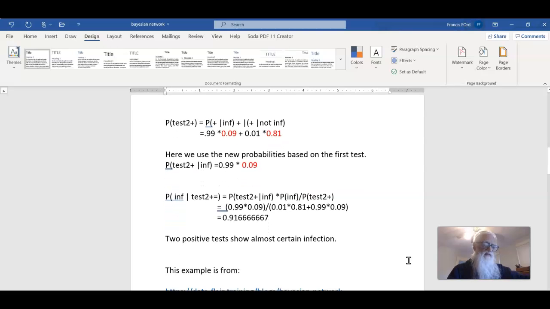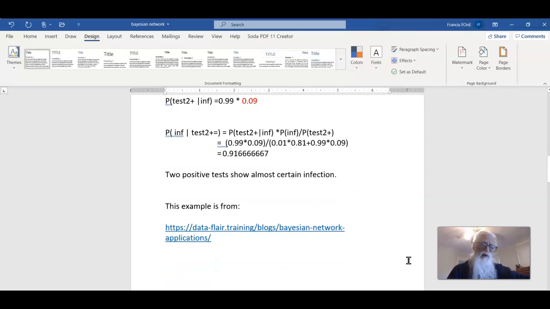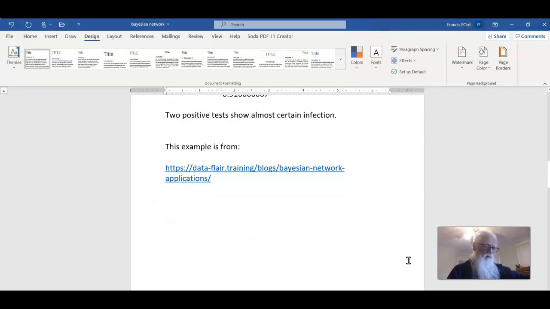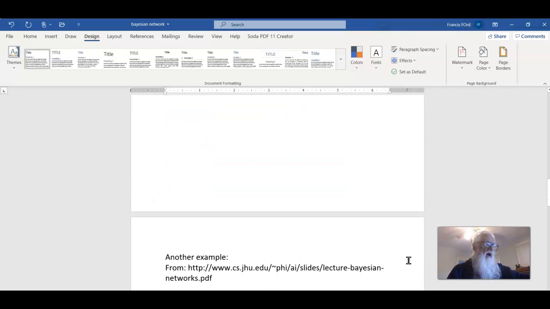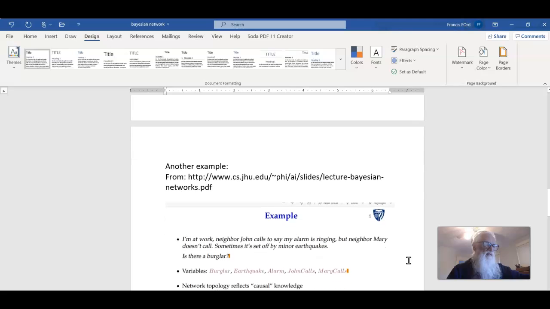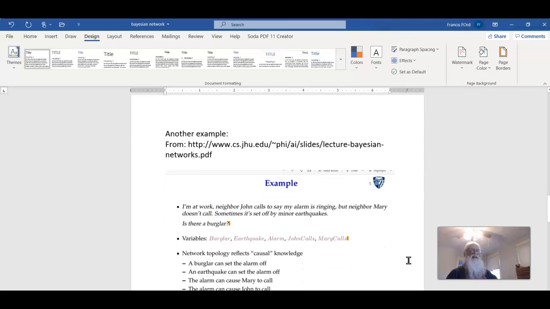Turns out that this example comes from this website. You can look at the website if you want. I have another example from a different website. And again, this is one that pops up all over the place. The website I'm using here is from Johns Hopkins University. And in this particular case, we're looking at,